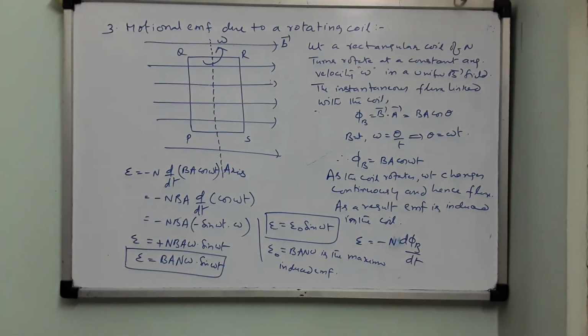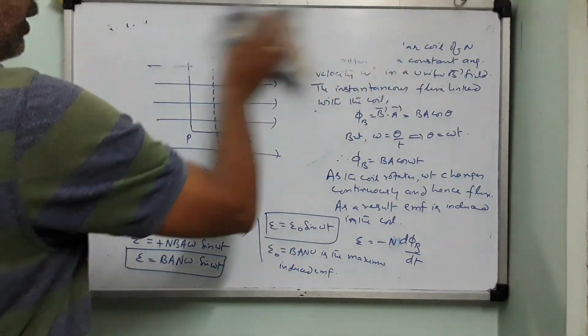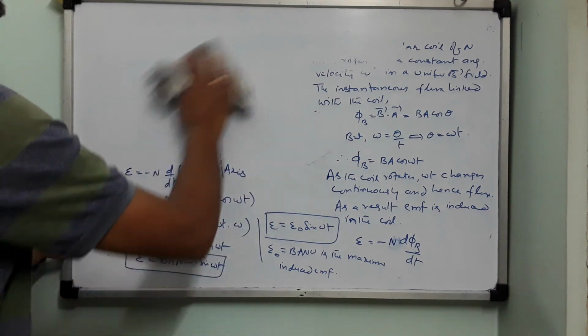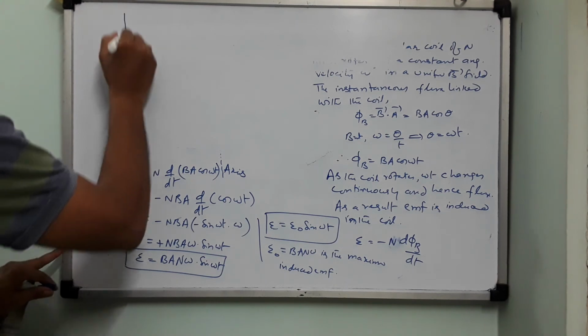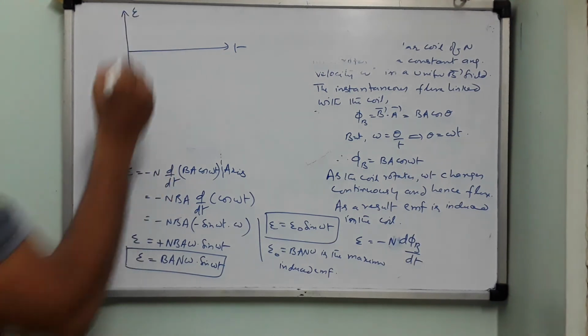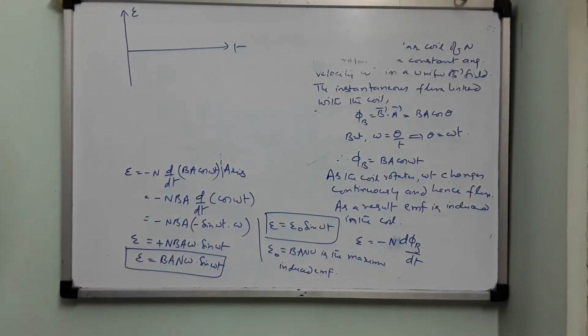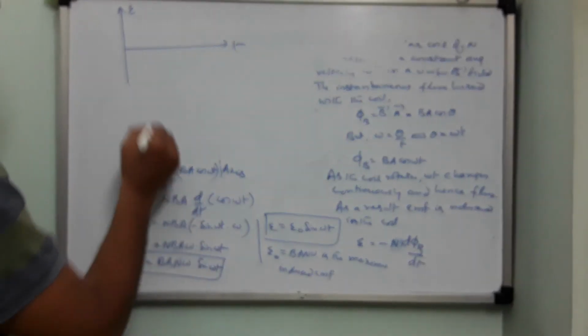Okay. So, in the previous two cases, children, there was no sine function. So EMF was constant. Here the sine function has come, so EMF changes. So if you are asked to plot a graph between time t and induced EMF E, the graph is supposed to be a sine curve. So what is the shape of the sine curve? Why a sine curve? Because the sine function is there. So it's like this.